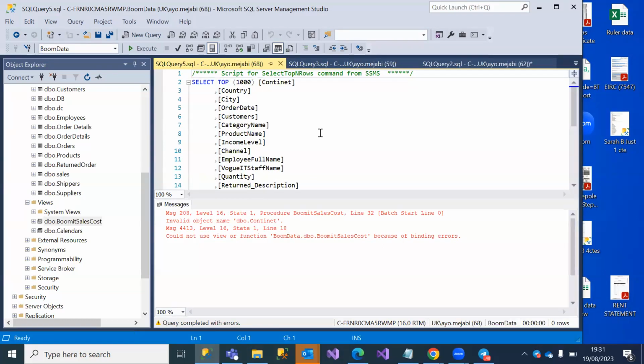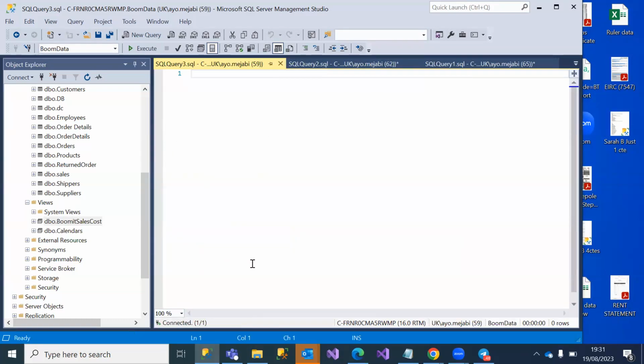Instead of writing that code every time, you can just write it and put it in the stored procedure, and all you need to do is execute the stored procedure. Just imagine having to write 1,000 lines of code every week for the same thing. It doesn't make any sense.